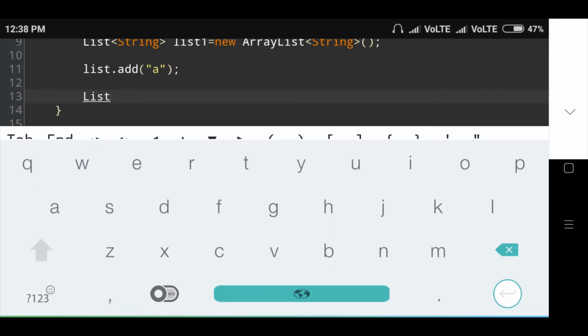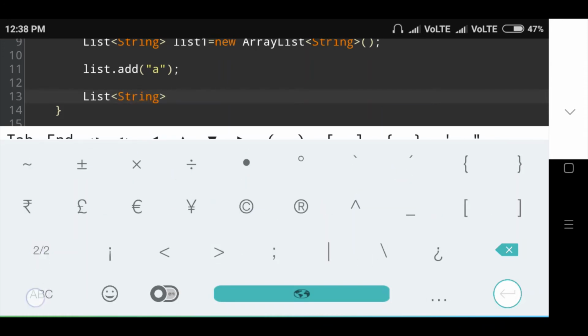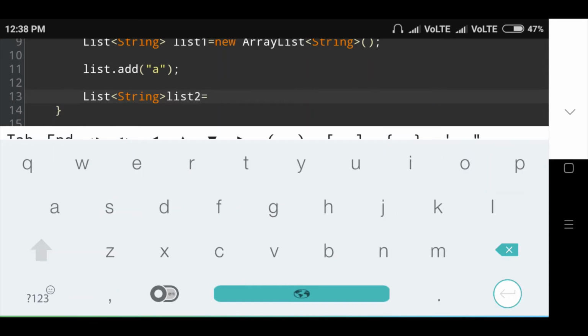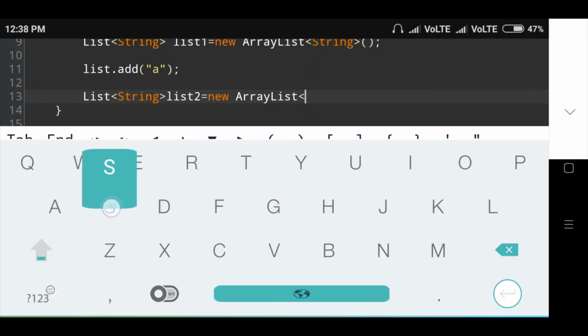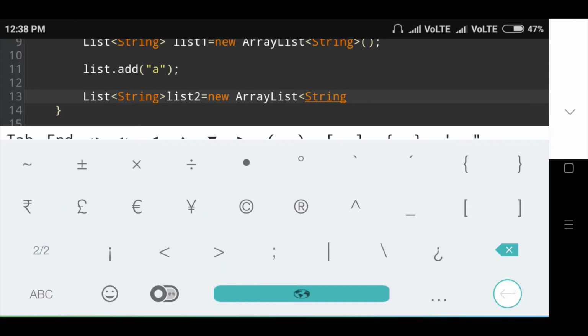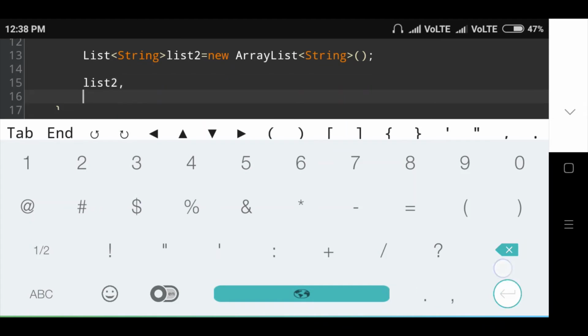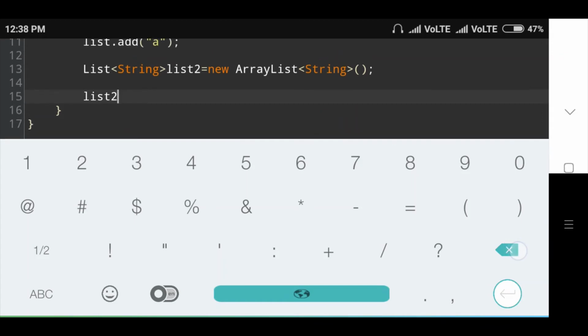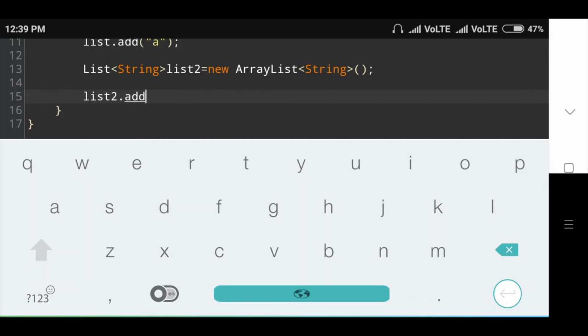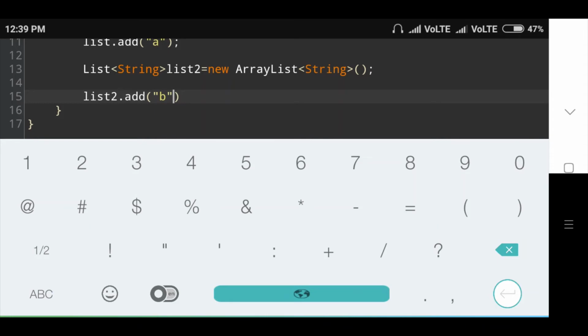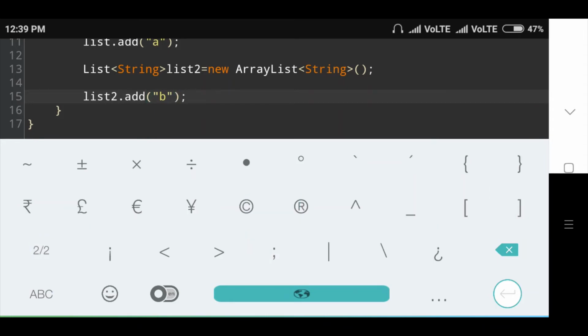second list I will create: List<String> list2 is equal to new ArrayList<String>, then semicolon, then list2.add B, then semicolon, then